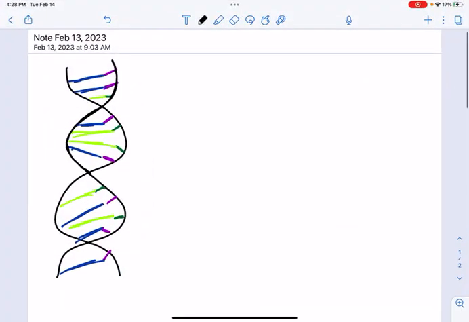Alrighty, so I'm going to talk about mutations, but in order to understand mutations, you have to understand what DNA and codons and RNA and all that wonderful stuff is. So over here on the left, I have drawn a lovely molecule of DNA, and you'll notice that DNA pretty much looks like a twisted ladder, and that I've colored the little rungs of the ladder different colors, and there's a reason for that. So these little rungs that link either side of the ladder together, those are called nitrogenous